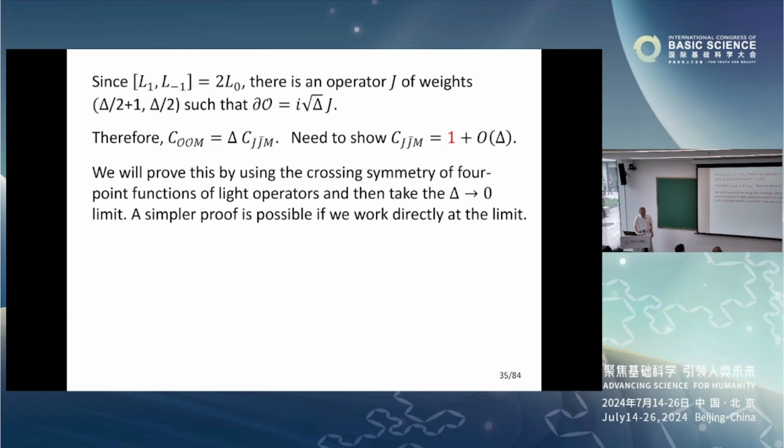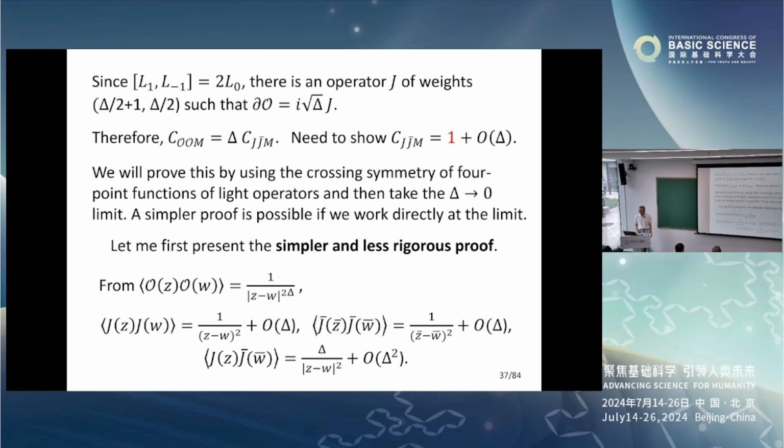Now, depending on how much time I have, there are two sets of proof. One is non-rigorous, quick and intuitive, and the second is more careful. So let me first give a simpler and non-rigorous derivation, and after that we can see how much time I have left, and then decide whether to give you the full proof or not. Okay, so let's present a simpler and less rigorous proof. So the idea is